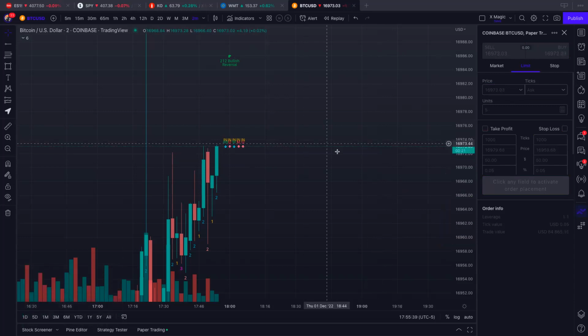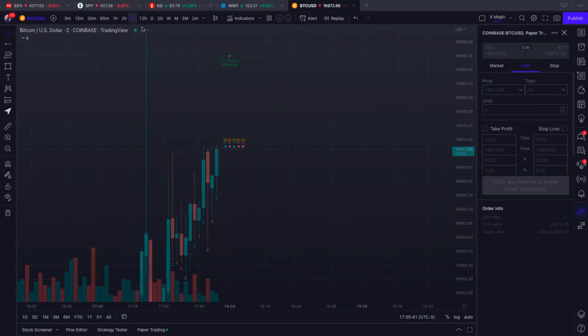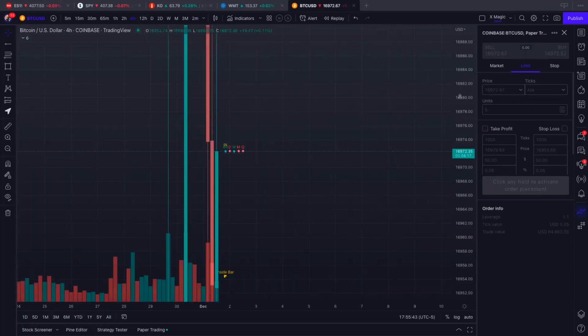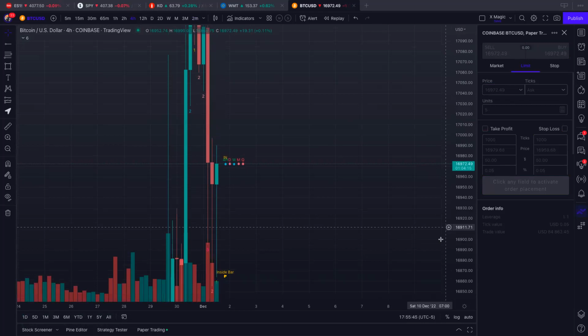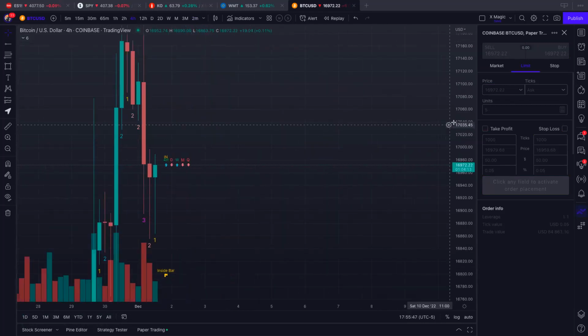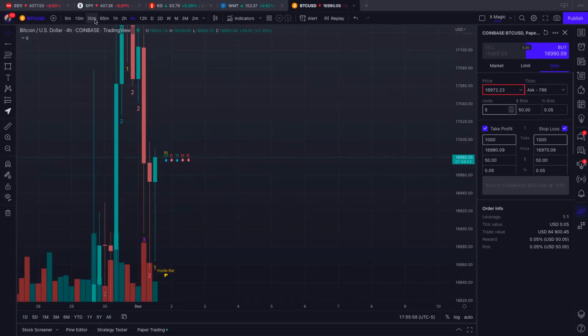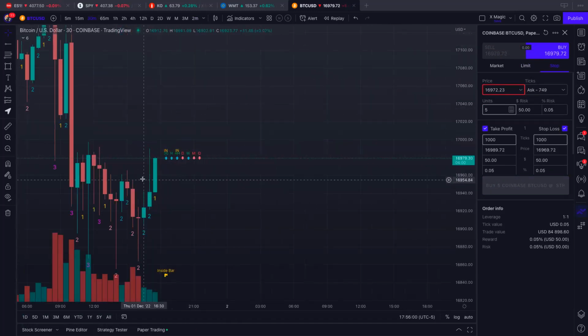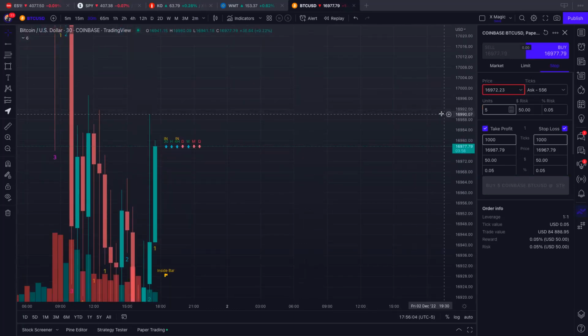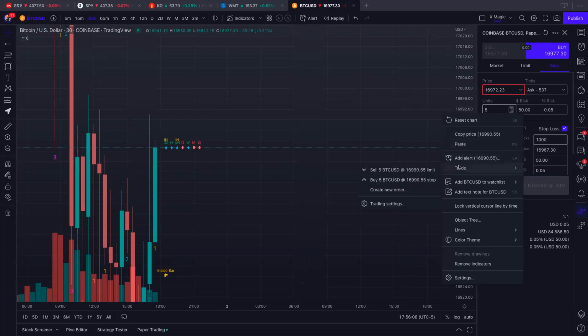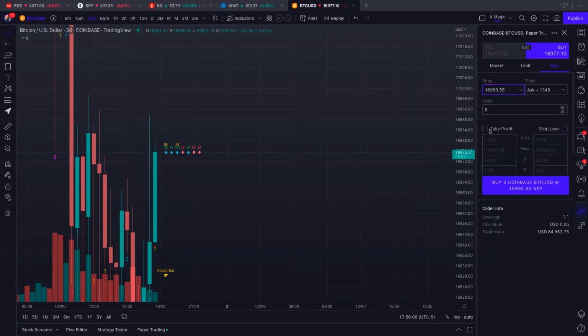One thing that I would share with the people who use the strat in here. Buy stops or sell stops is a way to automatically get you in the trade when it triggers you in. So let's just say, for example, look on the 30 minutes. Let's just say if I'm going to trade this 2-2 up, I can just go right here. This is not going to be accurate, but just to keep it simple,